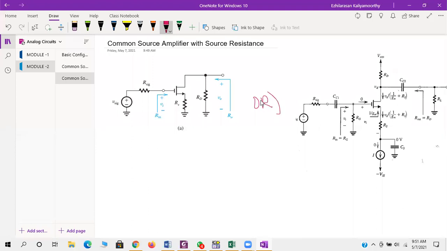So this or this figure, any figure is fine, but what is the difference you are finding? We see this, everything is the same. The only thing is that we added the capacitance here. While finding the small signal parameters, these are things we need not consider. So the capacitance, this is our coupling capacitance. Because we are not using any biasing techniques, we are not considering the capacitance here.